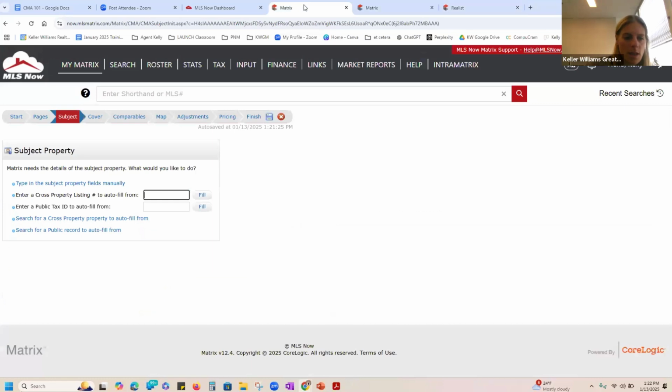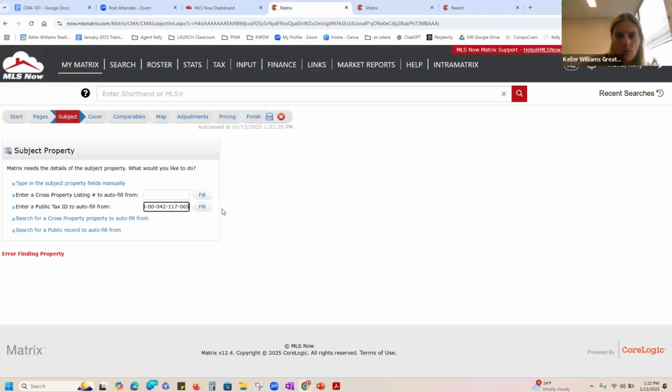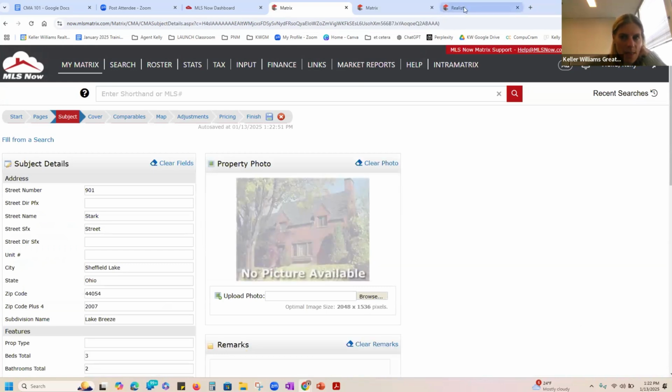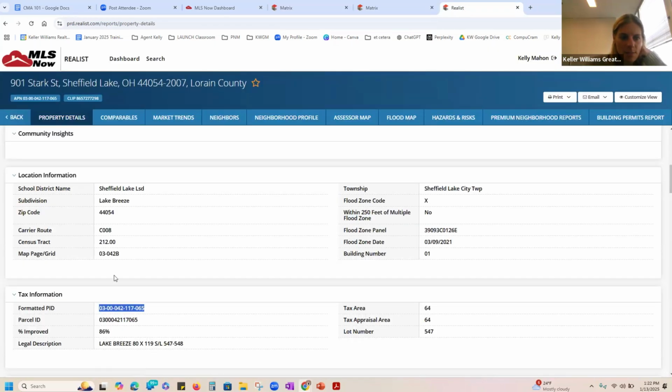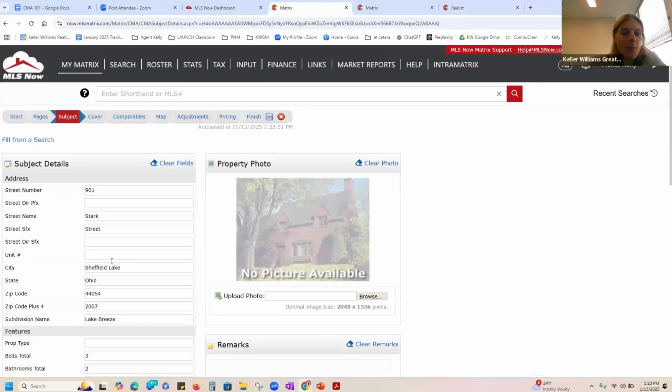We'll use that. And then click fill. Okay. So when you copy and paste the Realist tax, you use the formatted PID one. All right. So perfect. So it kind of autofills everything for you